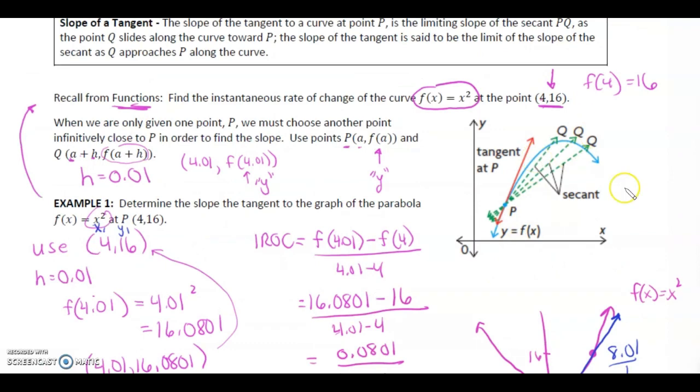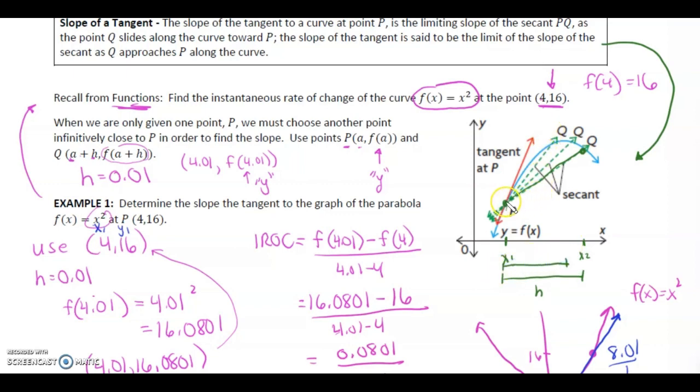Okay, going back up here to this diagram, back up to the slope of a tangent. What ends up happening is, for example, P would be at some X value. Let's call this X1, okay? And then the point Q, we have to choose a point Q that's h units away from P. So that's going to be some point X2, okay? What happens is we could have this line being the secant, but if we choose h to be a little bit smaller, so maybe h is going to be this